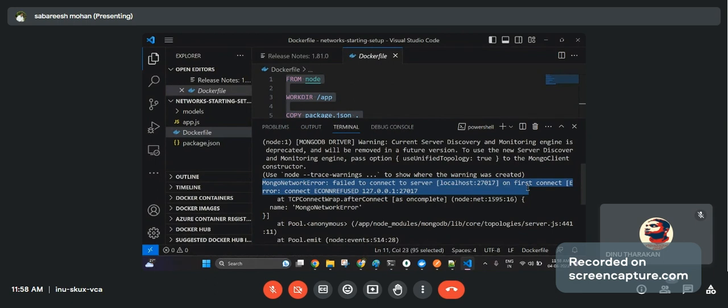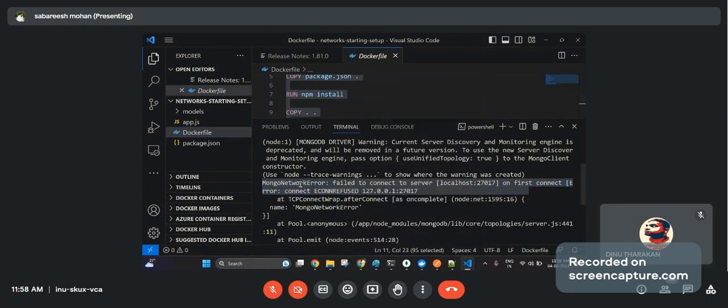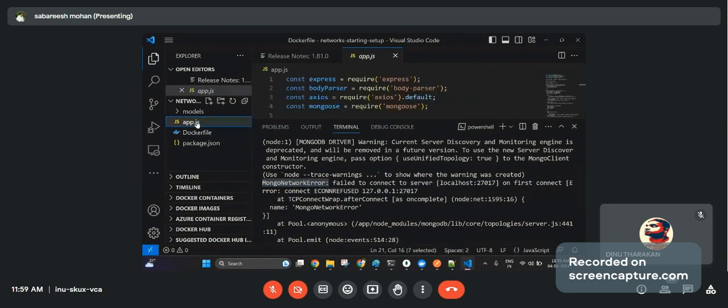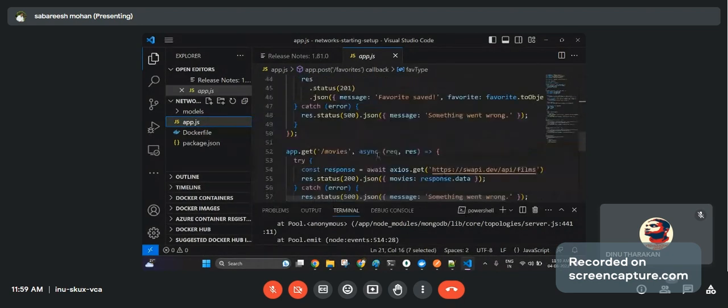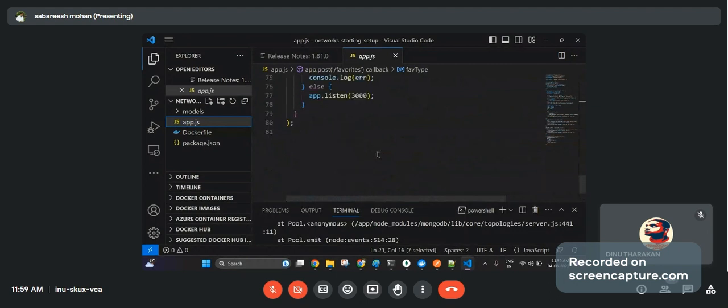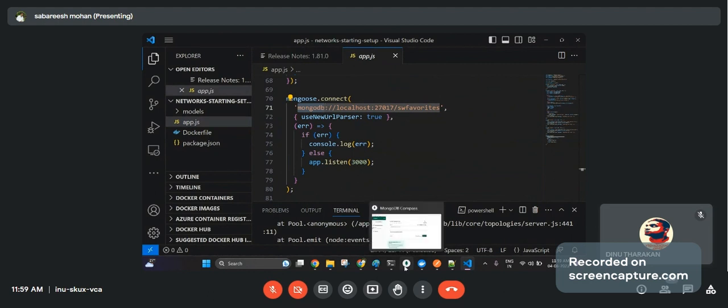So where is the issue? If you go back to my code, I know I'm not specifying anything about MongoDB over here. Where are the network details about Mongo passed to my application? This error says they are not able to connect to this Mongo, which is running on my localhost, which is running on my host.